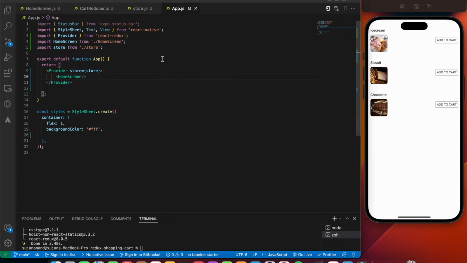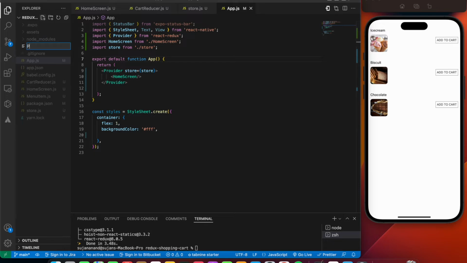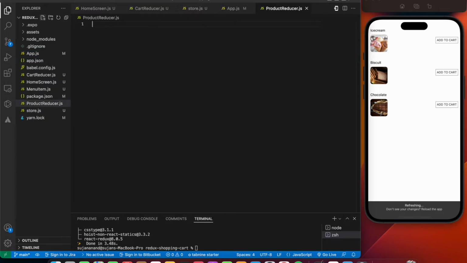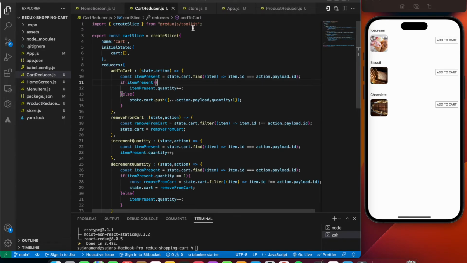The next thing we'll be looking into is creating our second reducer, that is for our products page. So let's go do that. We're going to say product reducer.js. Over here, firstly we'll be initializing our create slice again, similar to this one.